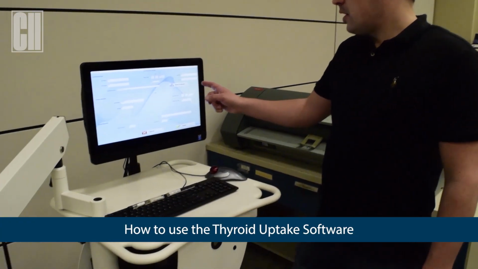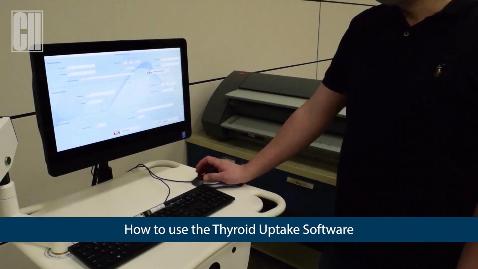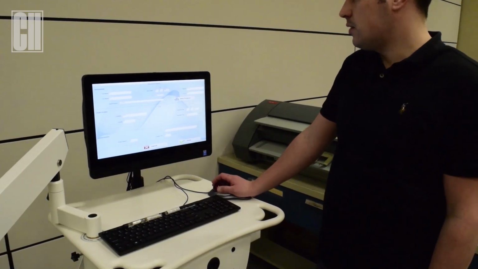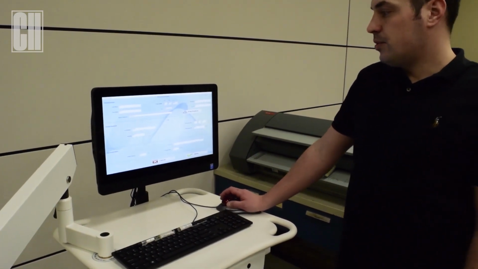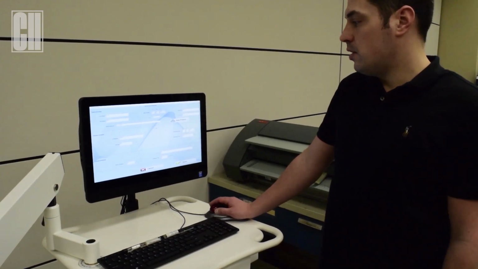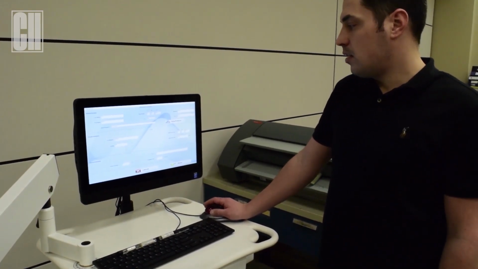The top section is going to be our patient information. This will have the patient name, the date of birth, the sex, the patient ID, and the physician. This middle section is our dose information for our capsule: the activity of the dose, the date of the calibration,